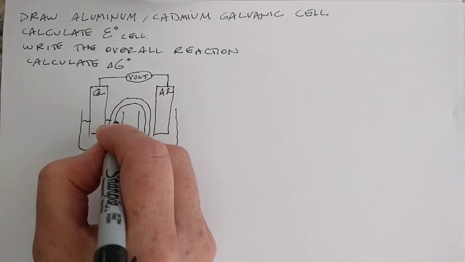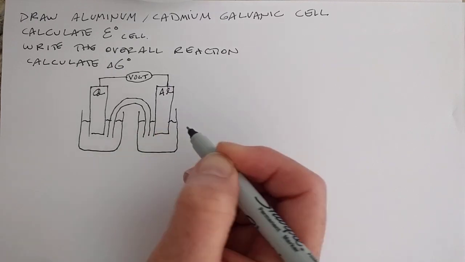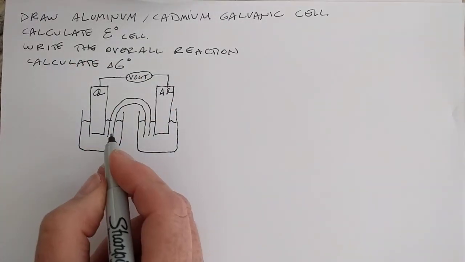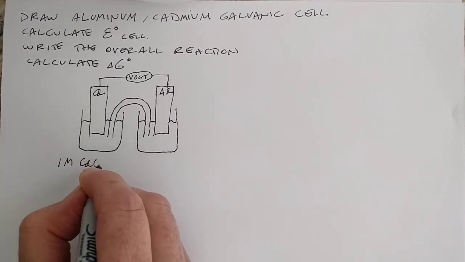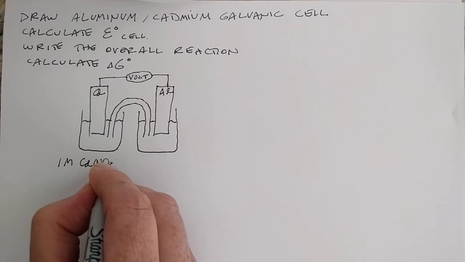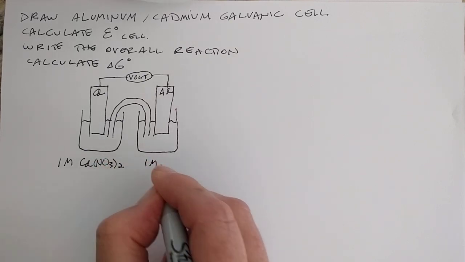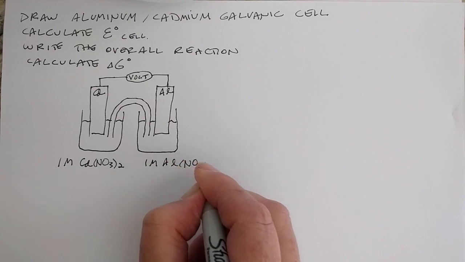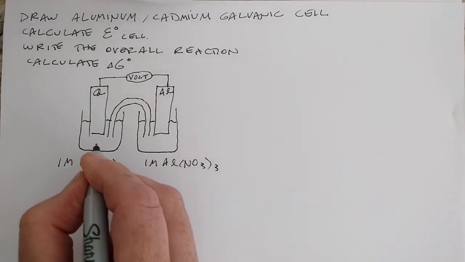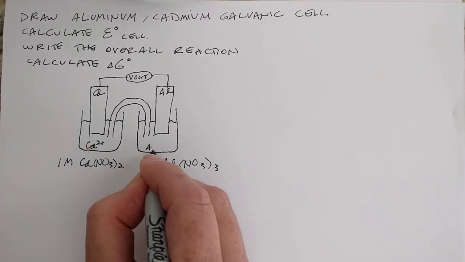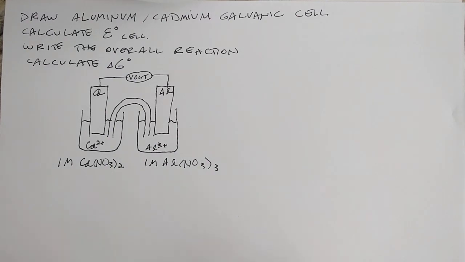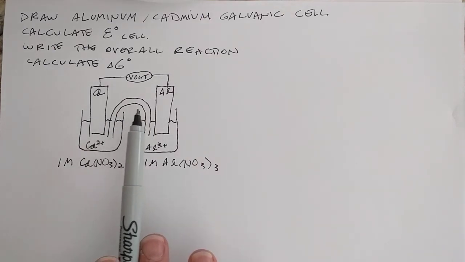And we need a solution. And we're going to do standard state. So in here we'll put 1 molar cadmium nitrate, cadmium 2+. And in here we'll put 1 molar aluminum nitrate, Al(NO3)3. So in here we've got Cd2+ ions, and in here we have Al3+ ions. So now we need to figure out which one of these is the cathode, which one of these